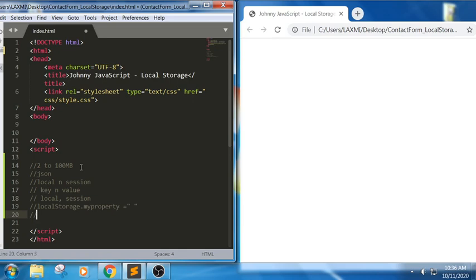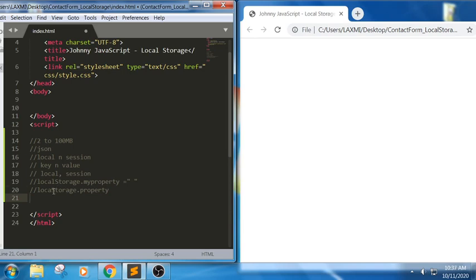For example, if I want to get the value of what has been stored, then we can write something like this: localStorage.propertyValue. It will be somewhat theoretical, but once we enter into the coding snippet, we will understand what we are trying to do and what the main intention is. Only the last 2 lines are left.